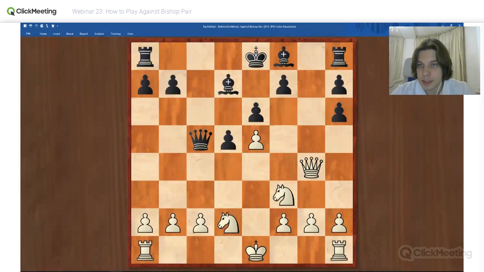Yeah, in sharp positions, knight can be better than bishop. Two knights can be better than a bishop pair in sharp positions. Yes, and knight plus queen can make a lot of different attack combinations. That's true. This is what I said. If you attended, this is what I said two webinars ago, or maybe three webinars ago. Don't remember exactly. Okay, so let's continue.